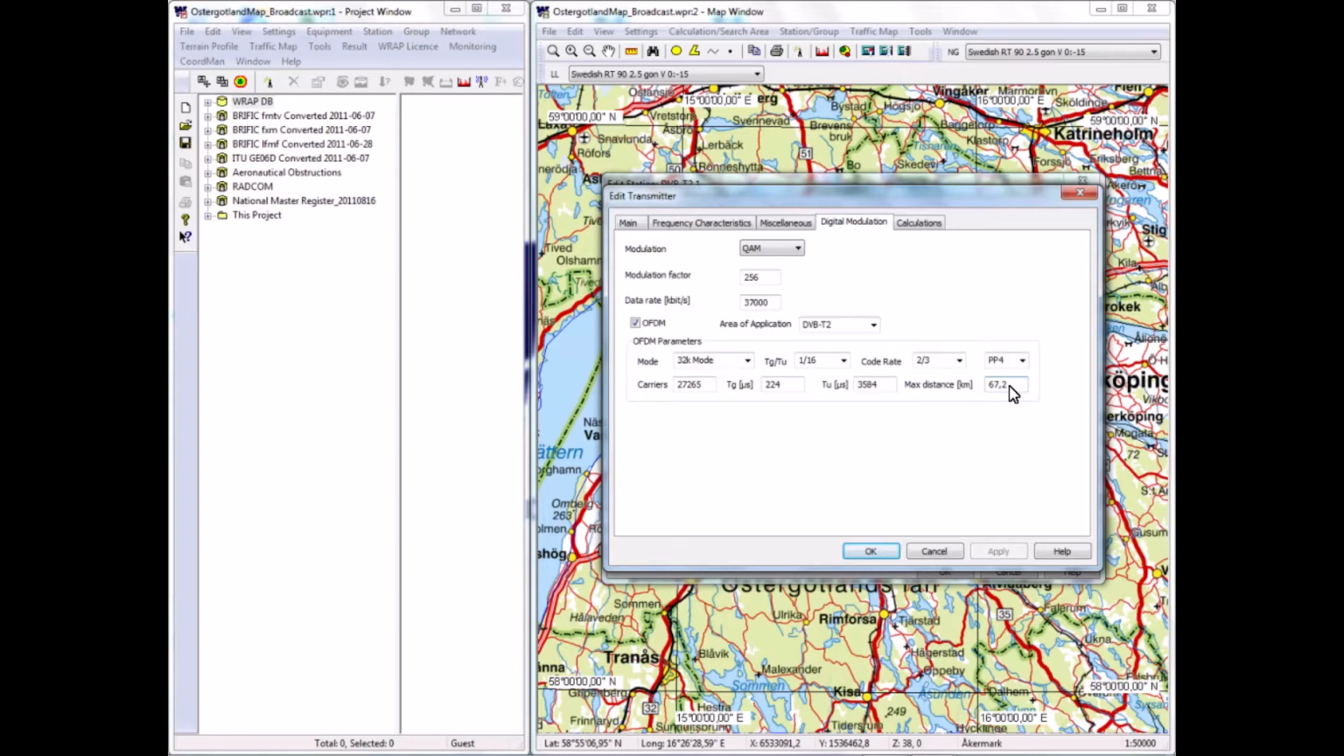because the time guard band of TG does not support longer than 67 kilometers. Whether that is harmful or not is another issue, and that can be analyzed in RAP by the coverage calculations. So we'll stay with this